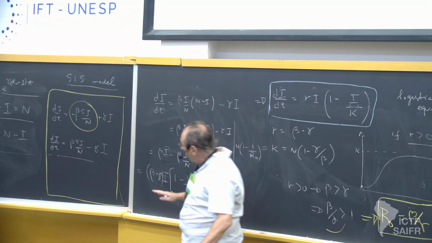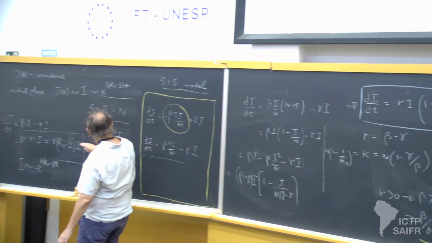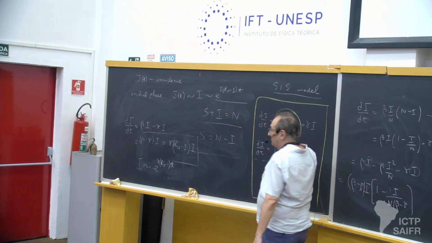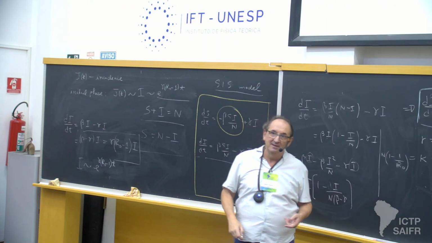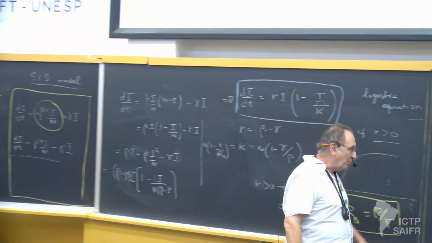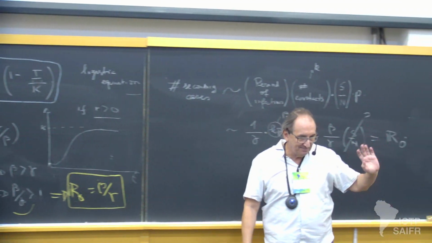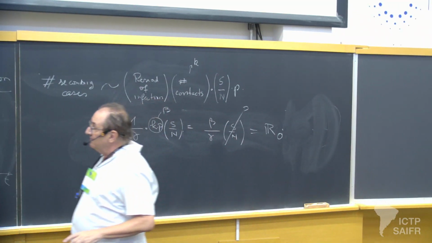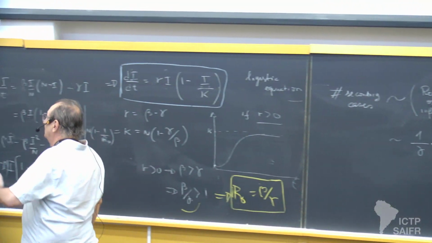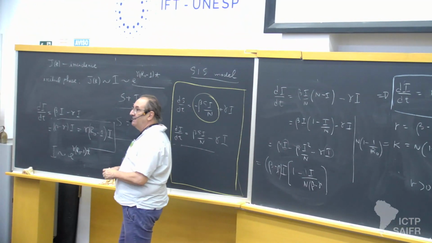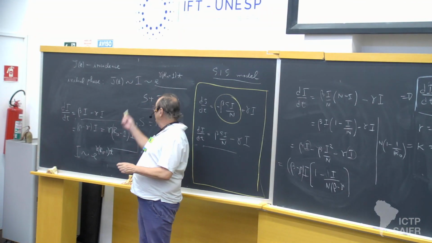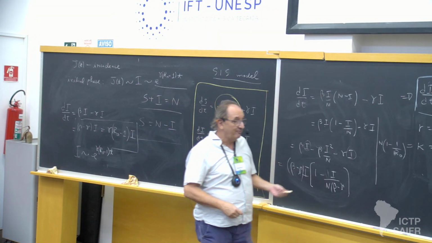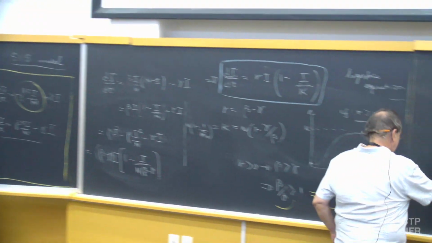But this happened only because S over N is approximately equal to 1. So that won't happen all the time. Next class we will also discuss this. So now this would be easier to estimate. To fit, I have a number of new cases per day,